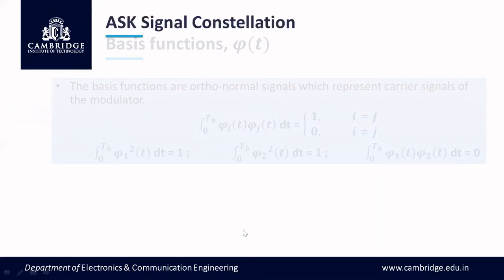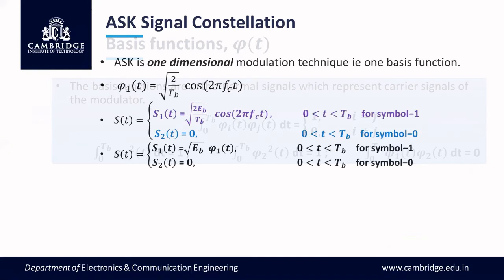Let us look into signal constellation. We don't want two different carrier space representations to interact with each other and produce some results. Keeping this expectation in mind, ASK is a one-dimensional modulation technique, because it uses only one basis function. If phi 1 of t is multiplied by itself and integrated, you will get one, as I also said. But when phi 1 and phi 2 are multiplied and integrated, where one is sinusoidal and the other cosinusoidal, you get 0. So this property of the basis function, the cosinusoidal, is very useful at the receiver, for coherent detection. We can also use sine.